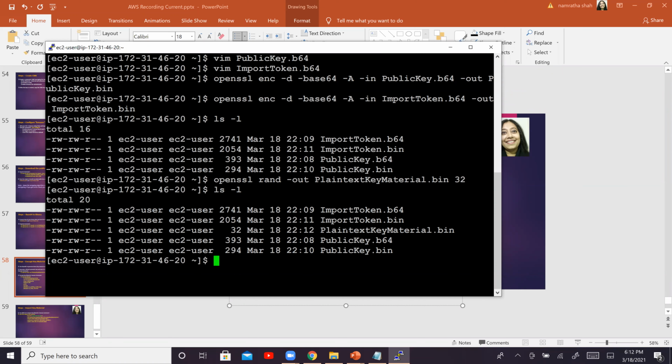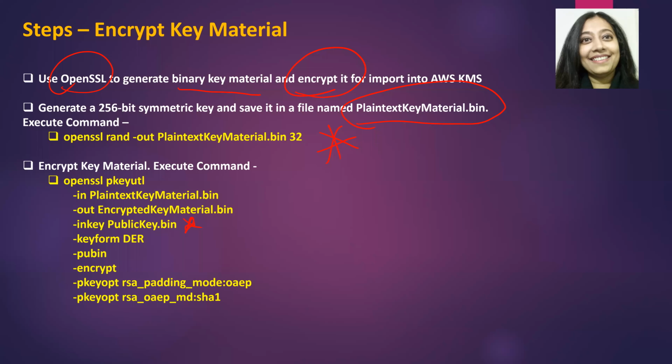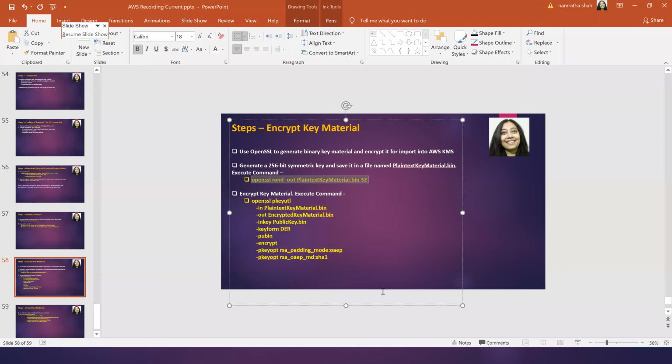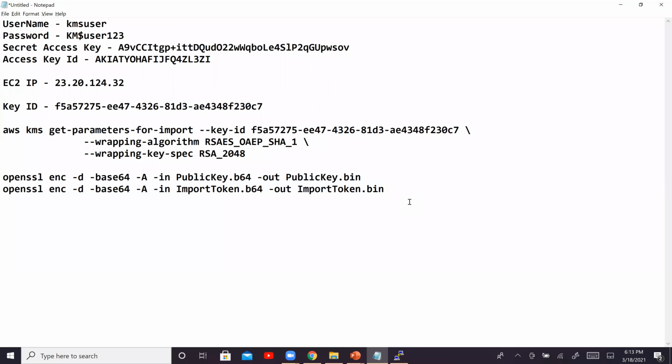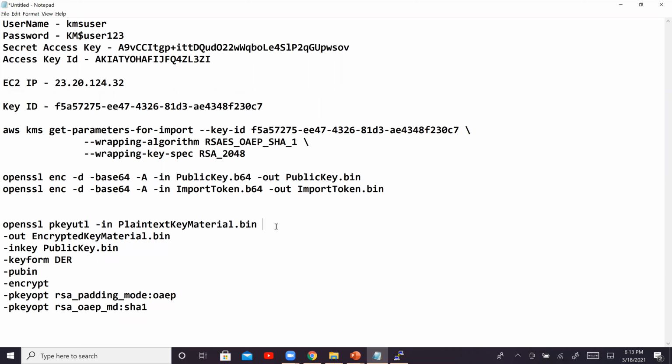So if you see, it's right there, third one, right? Okay, so our basic file has been created, but it's not yet encrypted. And to encrypt that file, we will have to execute this command, right? So I'm going to go ahead and copy this particular command. Copy this command and go back to your notepad. Okay, and you probably want to get this in one line.